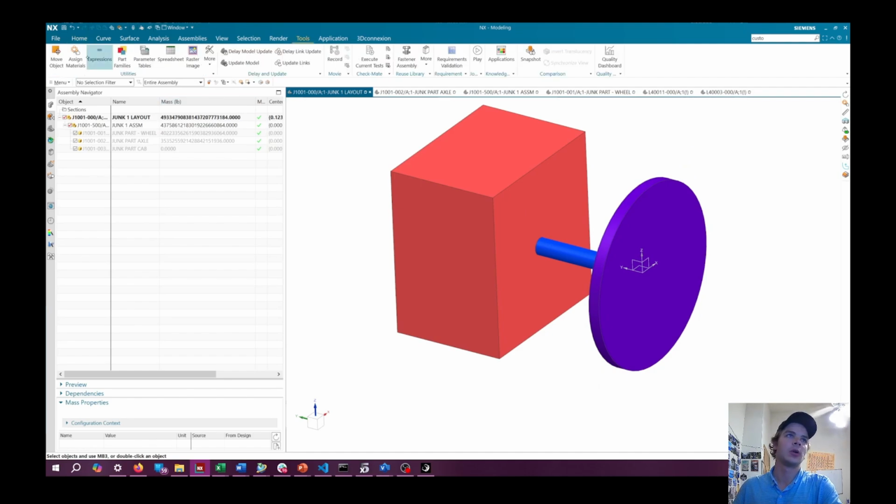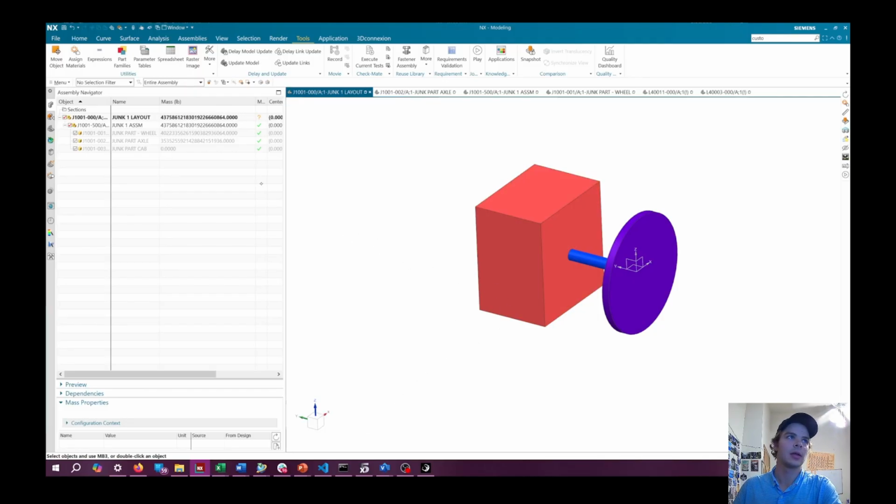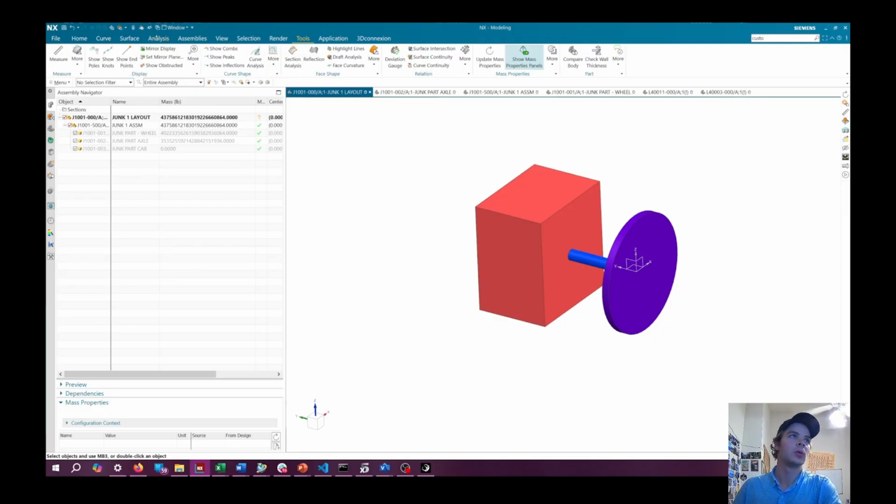So how would I fix this after we figured out that we have unassigned materials? I would pretty much just go into Tools. It's a little bit different since I'm dealing with only 3 bodies here, but you would just click on the body that you want to assign a material to, and then click on the material. I said this one should be aluminum, so I'll click OK to that. And then if we go to analysis and then update material property,